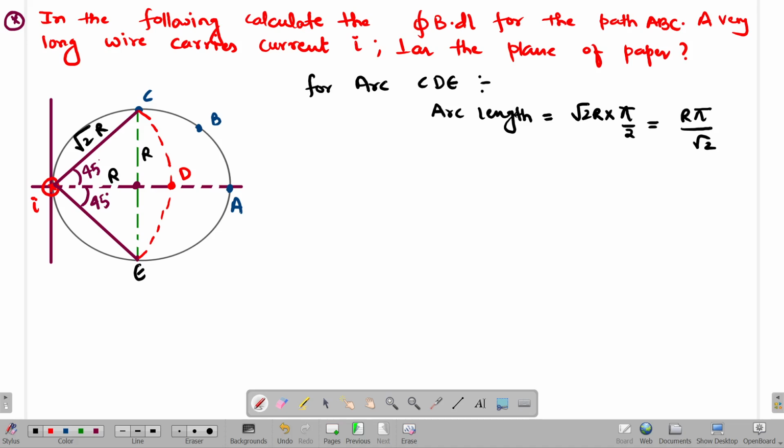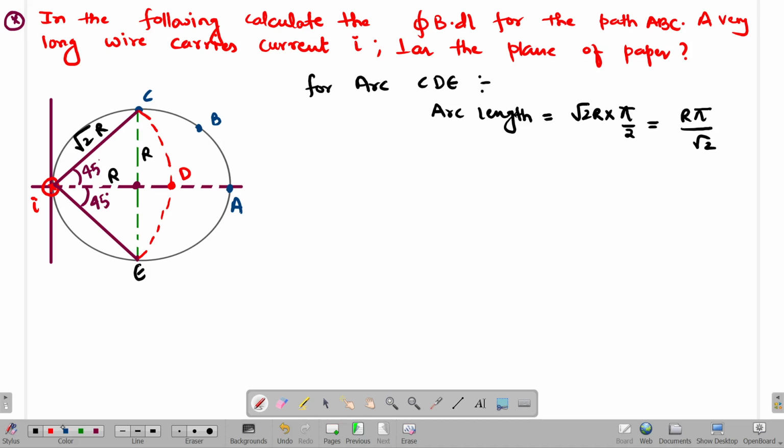Now look over here, see. So the point is very great that when I calculate all these kinds of things, when I try to find all of these things, they not only go through a simple calculation, but they involve some kind of logical thinking also. Okay. Now you tell me one thing, as I calculated that this is something R pi by root 2.